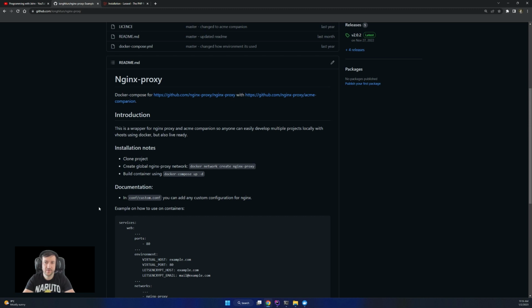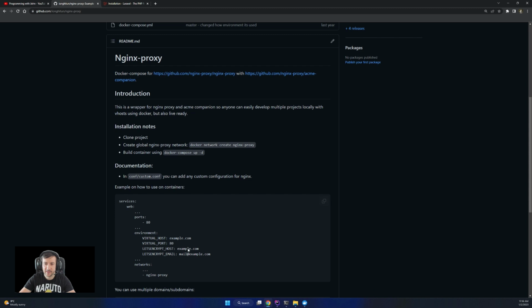Previously, if you used WAMP or XAMPP, you defined a vhost for each project and created the configuration in there. Now, with Docker, if we want to have vhosts for multiple projects locally, we need a repo like this.